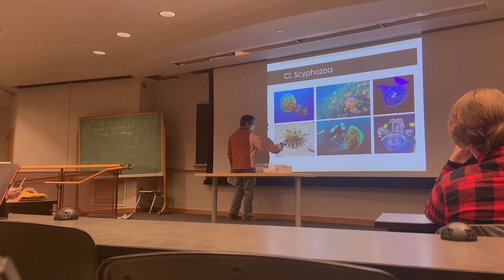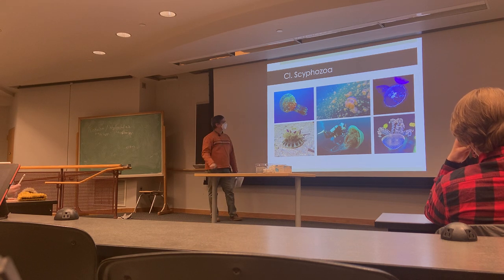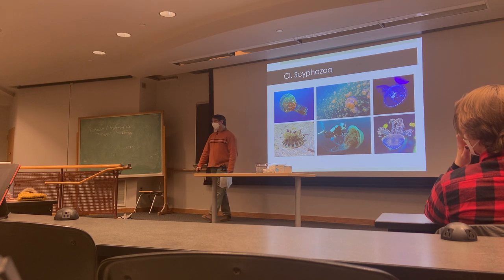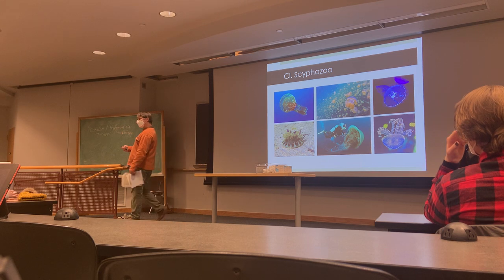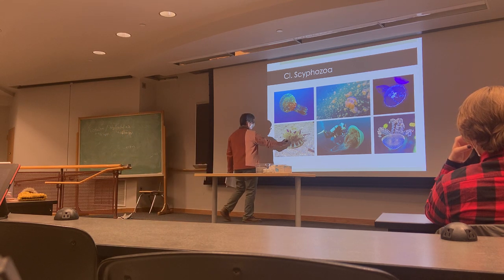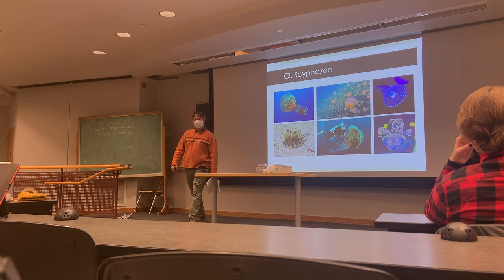We should have some of these upside down jellyfish in the lab this week. They actually incorporate photosynthetic unicellular eukaryotes into their body to be able to photosynthesize, and they live in an upside down fashion. Cassiopeia.